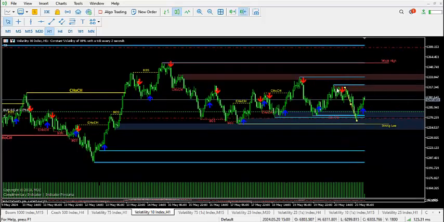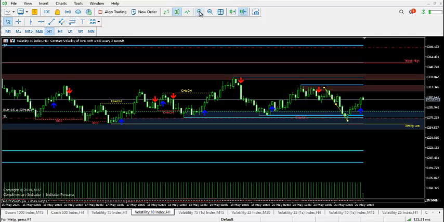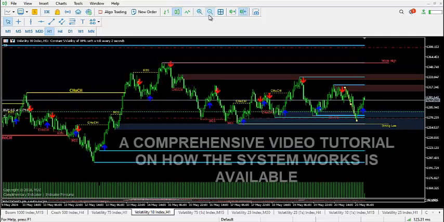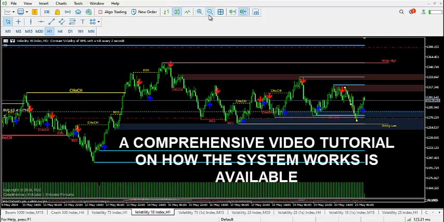Price will break all these highs over here. This is also a weak high. Price will take it out and form another high over here before even reversing to any of these other blocks over here. So these and more have been documented in a proper video on how you can trade this system